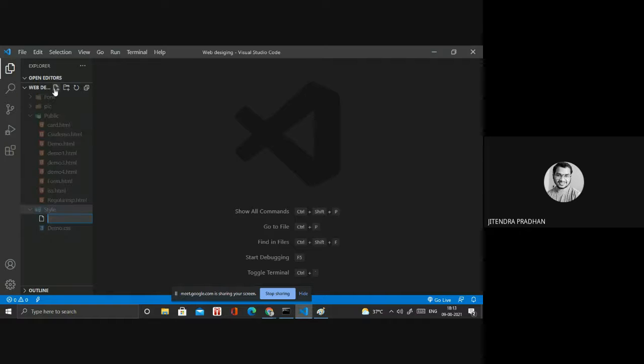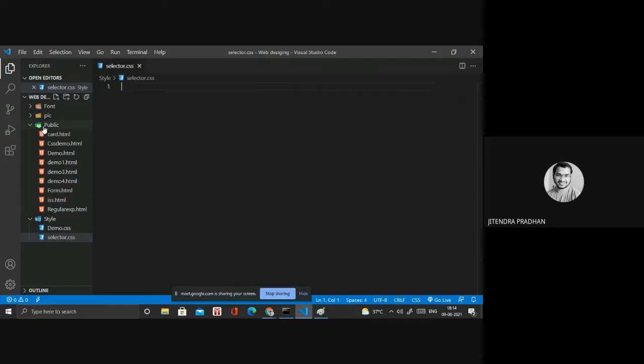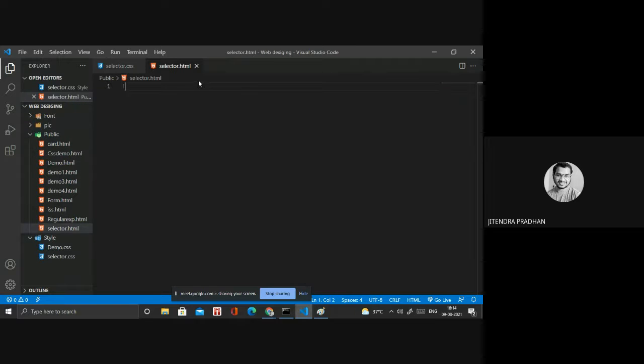This one is selector.css. Okay, and I need to create a file inside the public folder, it's selector.html. Okay, and I will link that particular file.